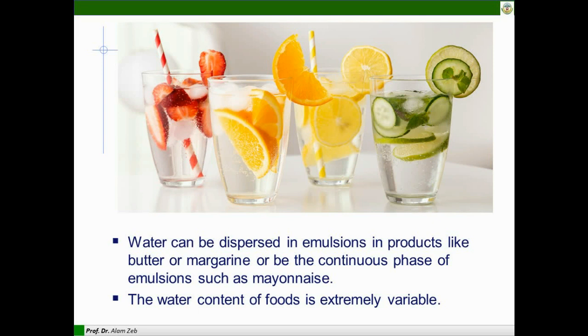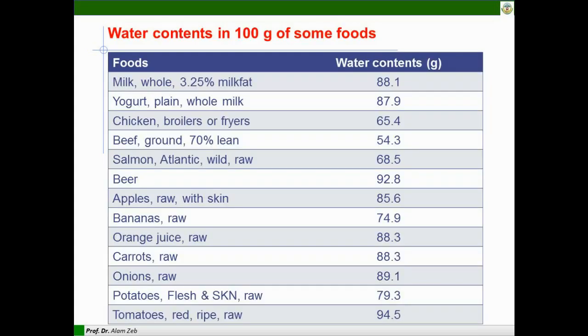The water content of food is extremely variable. It can be varied in different foods, and even in the same food. Here you can see the water content in 100 gram of some foods, for example, whole milk, which contains 3.25% milk fat, contains 88.1 gram of water. Yogurt plain